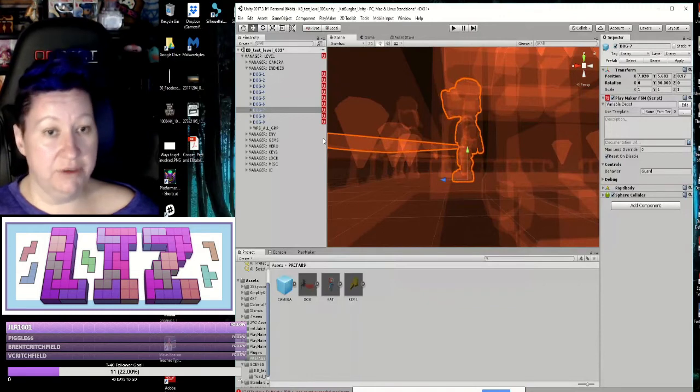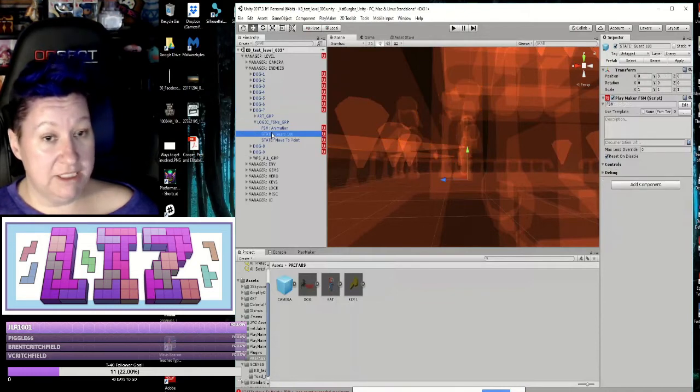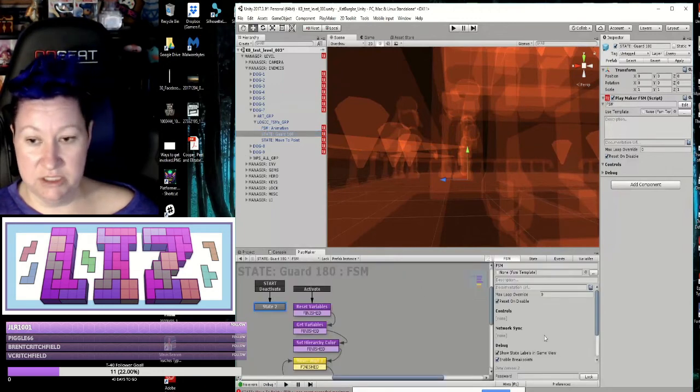Toesies out. Okay, so now that we're actually here at the dog, we are going to change the wait. They're not waiting long enough. Pete wants additional time on this wait. So what we're going to do,